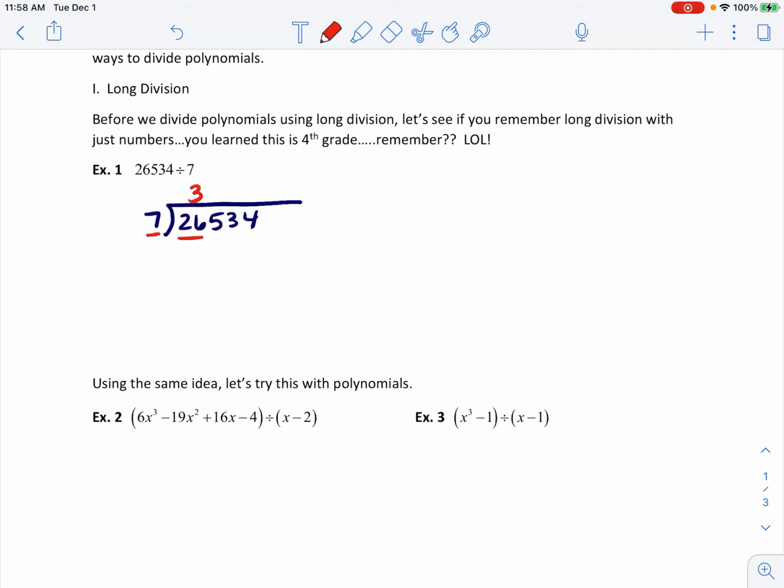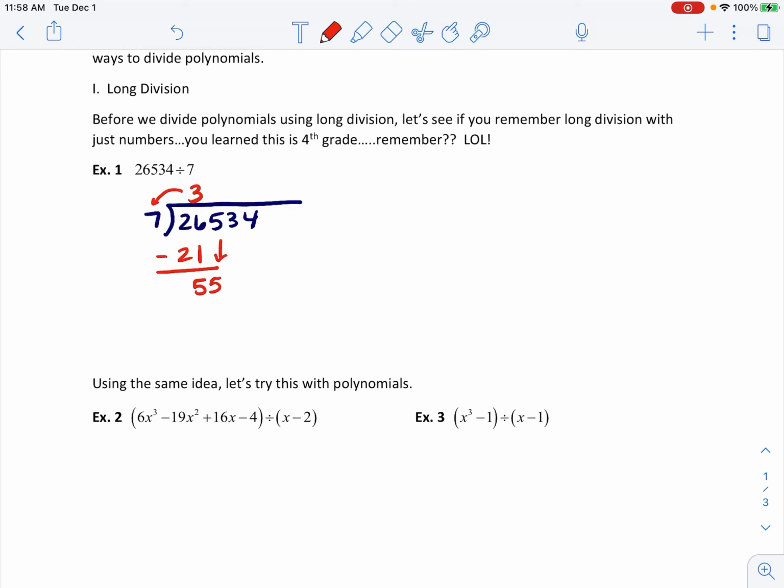And then we're going to multiply these two. So 7 times 3 is 21. I'm going to erase this little line because it looks funky. Okay. And then remember what we do is we subtract these two numbers. So what I want you to start learning is a little rhyme. It's kind of dumb, but it works. We're going to draw the line and we're going to change the sign. And that's really going to be important when we're doing polynomials. Okay. So then when we subtract that, 26 minus 21, that's 5,